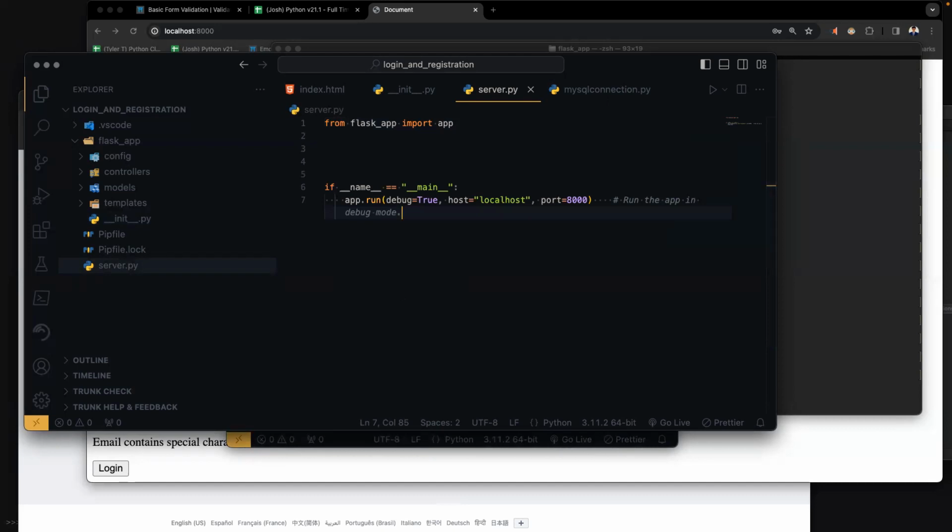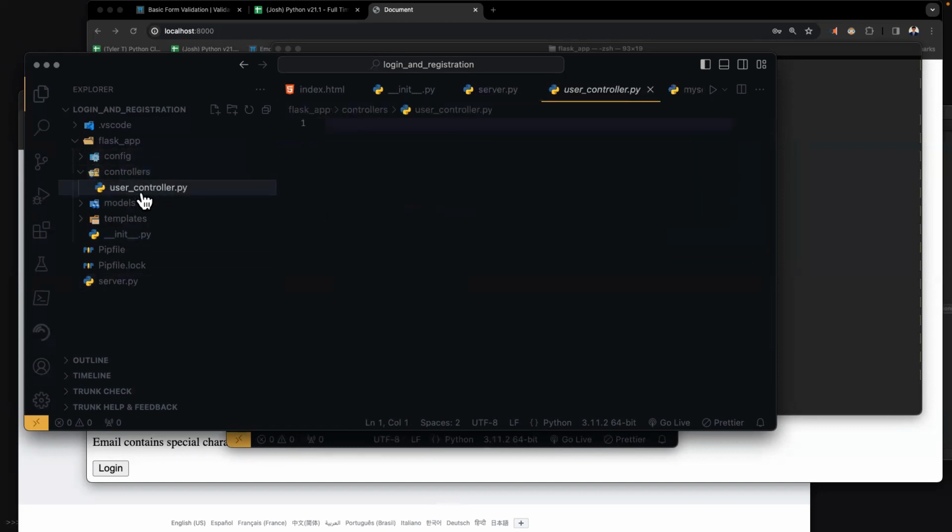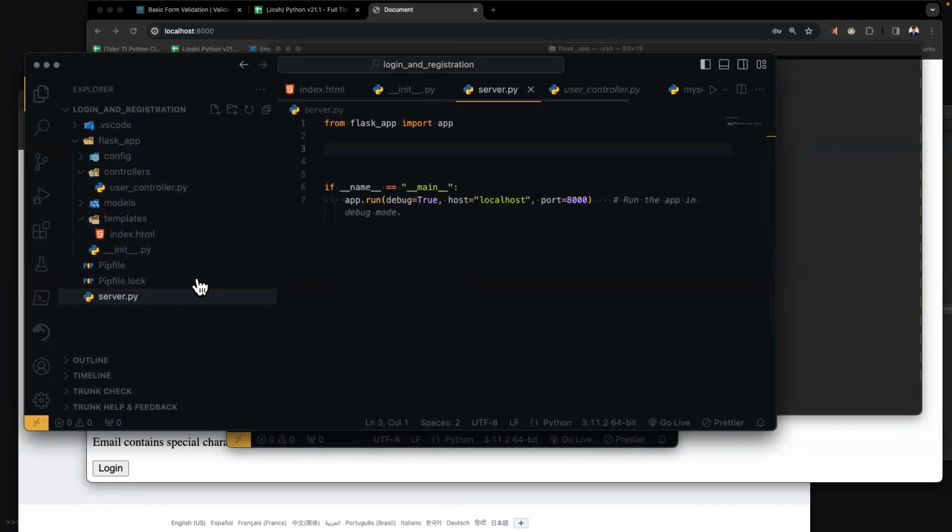And I'm going to import, well, I don't think I need access to my controllers just yet, but I do, because I need a basic route that will direct me to my index.html. So when I start my server, I need to connect to my controller. So let me go ahead and connect to my controller. I'm going to say from flask_app.controllers